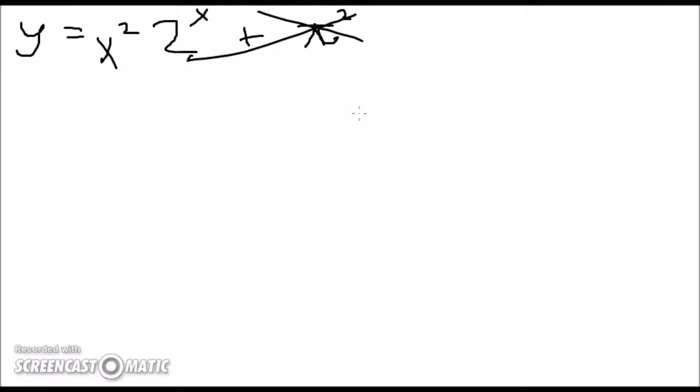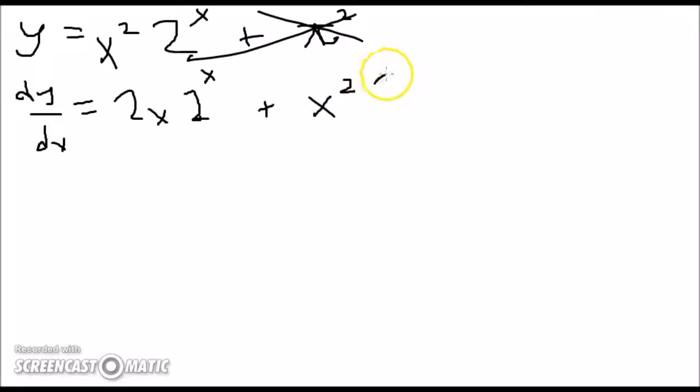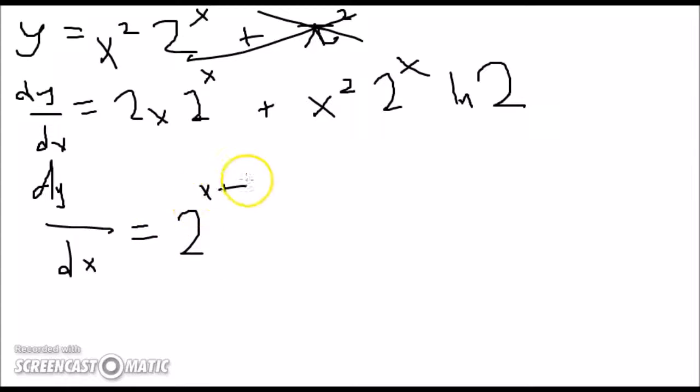But anyway, moving on. Because pi is a constant, I can just ignore it completely, because I know that the derivative of a constant is just 0. Now I see some product rules, so I do x squared's derivative first, and leave 2 to the x alone. I leave x squared alone for the next term, and have 2 to the x ln 2 as the derivative. Now if you want to simplify it so you have 2 to the x plus 1, you can, but